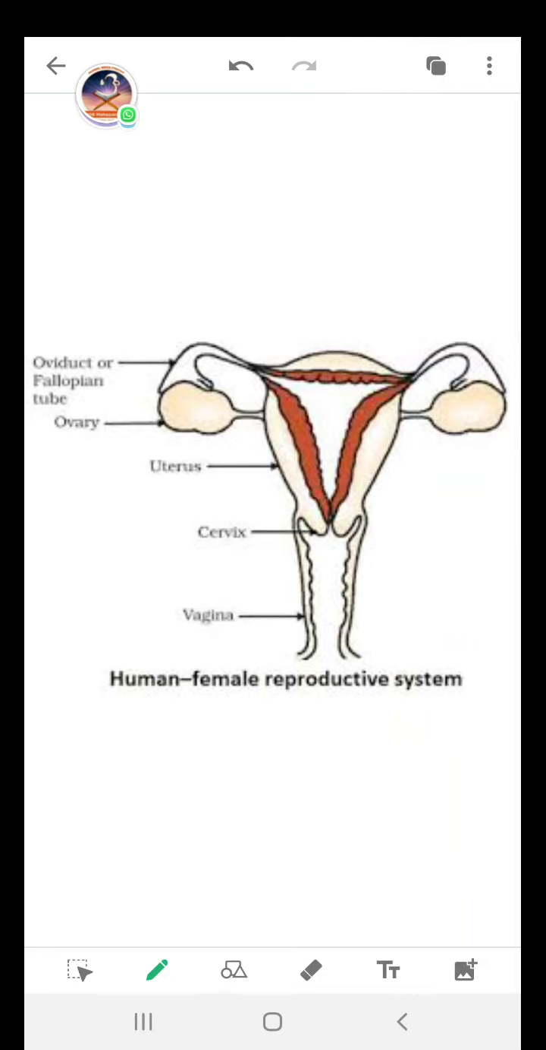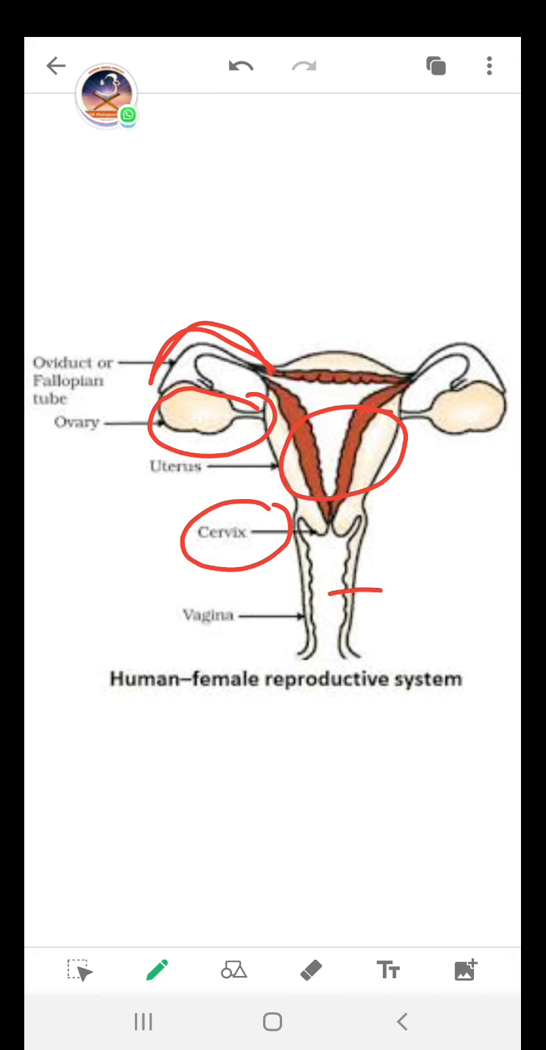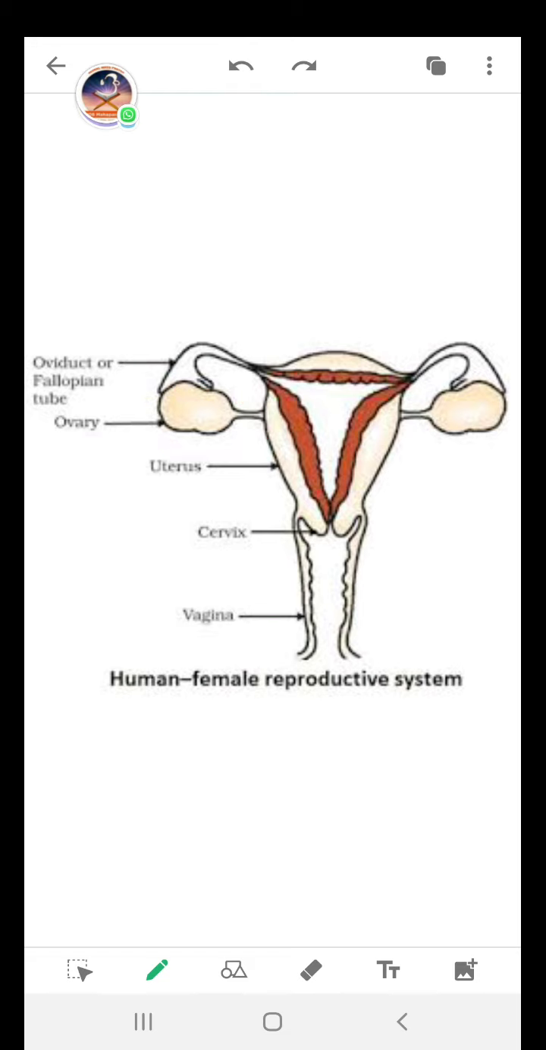So the female reproductive system consists of ovaries, fallopian tube, which is also called oviduct. Then it consists of the bag-like uterus, then cervix, then vagina. These are the organs of the female reproductive system, and ovaries are oval-shaped